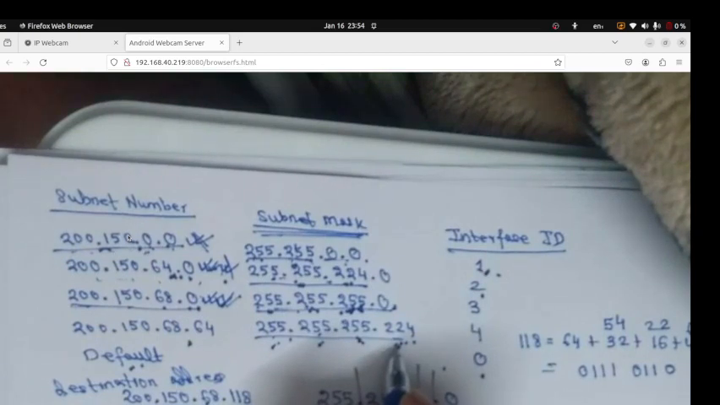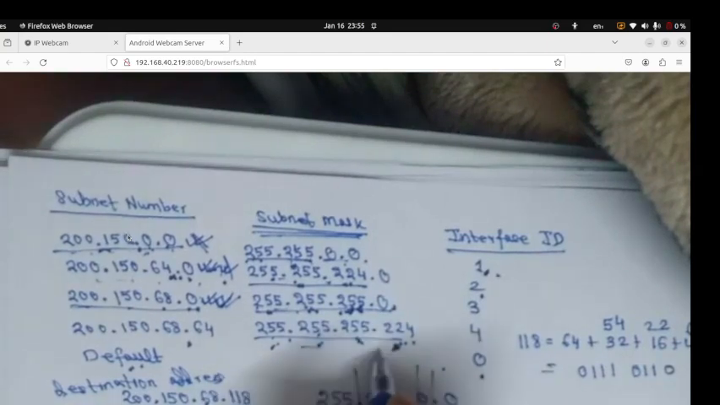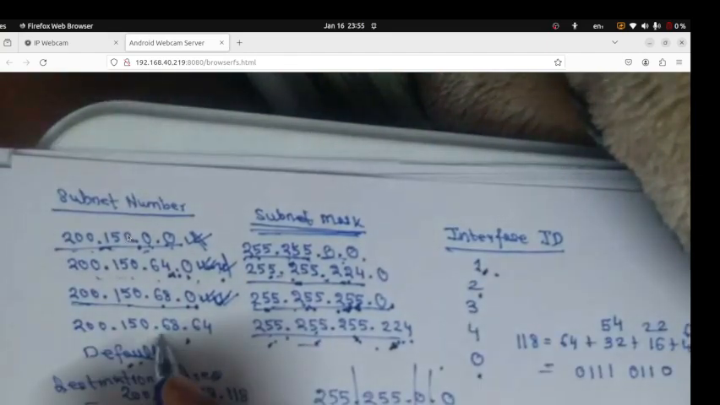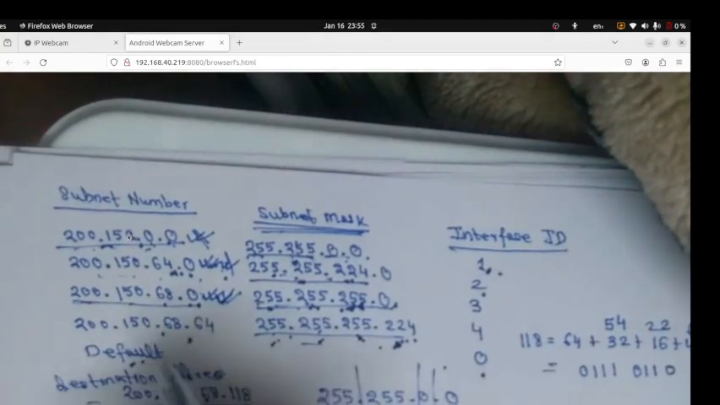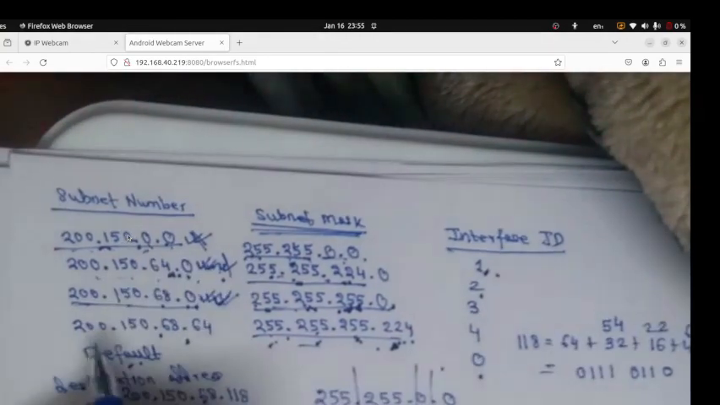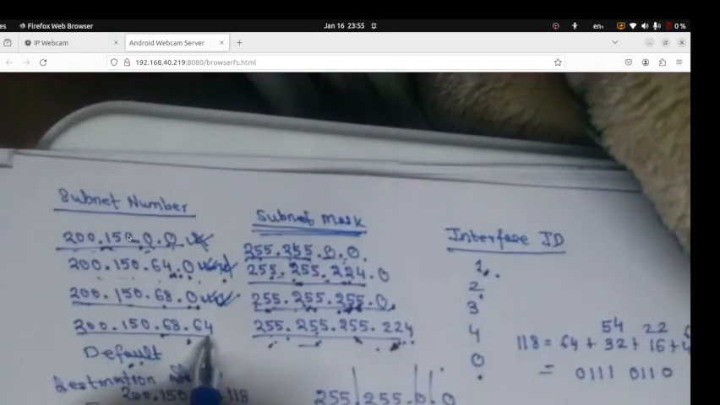The network ID part is 27 bits long, and the remaining part is 0. So what we will do? We will do the AND operation with this particular destination address. So how to do that? Here the destination address is this